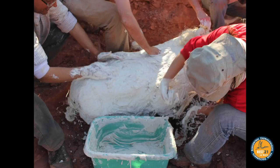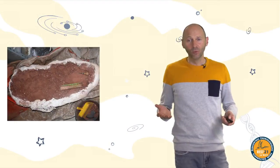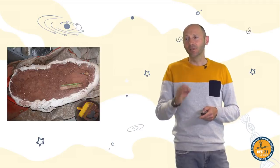And when it's coming into a paleontological laboratory, the first step, we don't take the skeletons like that and exhibit them in the museum. There are many different stages in between. The first and very important step is the preparation. We need to clean everything to have access directly to the bone,